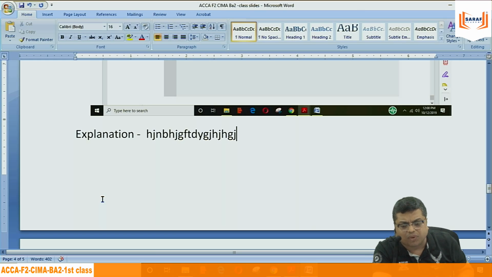So why not start from today? Even though in this paper, you don't have to write anything. You just need to select the correct answer. But in the higher level, when you go to the next level, you will find that there are so many things you need to type, construct and everything. So better that we start study on computer only, everything.